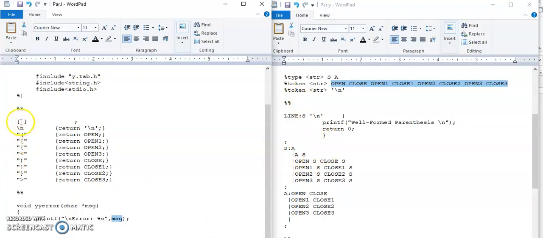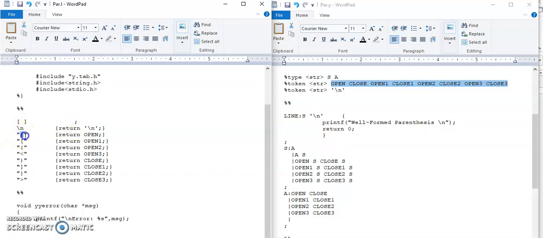In the corresponding lex file, the first rule is for the space. That is, if there is a space in the input, then the action is semicolon, that is do nothing, just ignore the space. If in the input the user types enter, then slash n is the rule match and the action is return slash n.